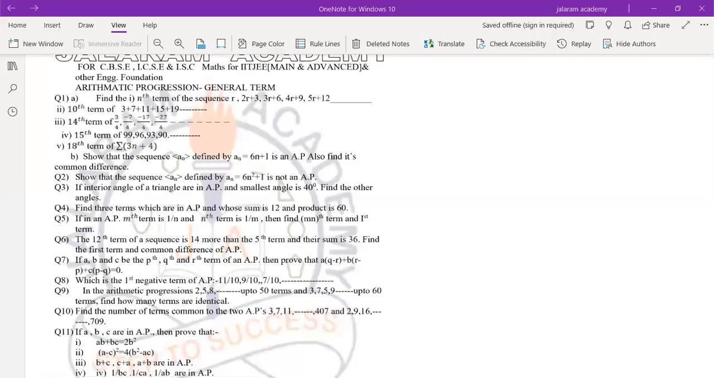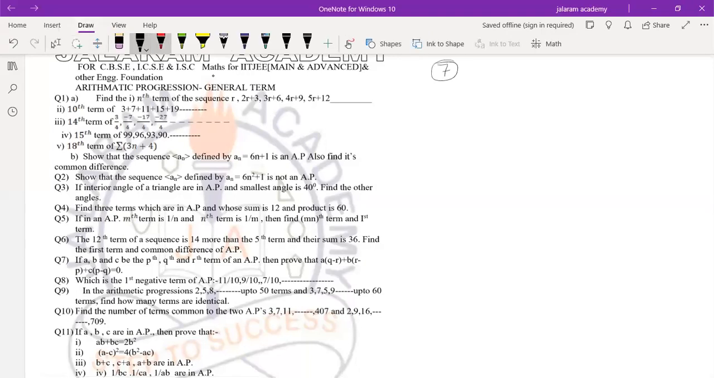So the important questions in which you all have doubts. The first one is question number 7. If A, B and C be the Pth, Qth and Rth term of an AP, means A equals to